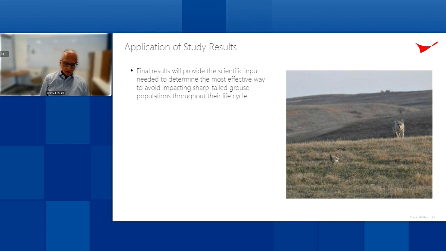So a total of 3 formal statistical analyses will be the end results. Some of them have progressed, not all of them yet, but they will include nesting habitat characteristics and nesting habitat resource selection, female habitat use during spring and summer, and male habitat use during the lekking and the summer periods. So we believe that identifying and mapping the critical seasonal habitats and understanding local migration patterns and movement patterns will better enable us to avoid, minimize, or mitigate potential impacts of development on the species.